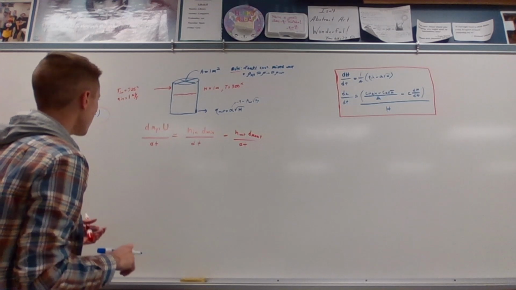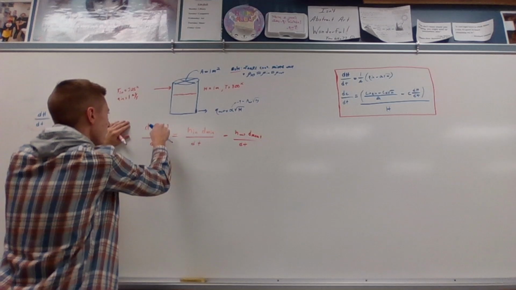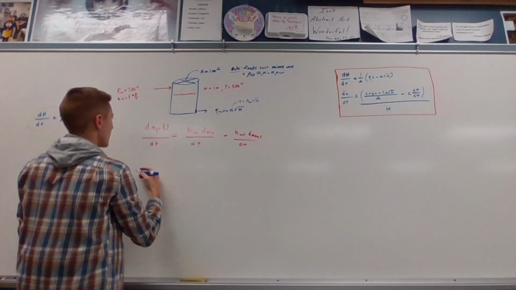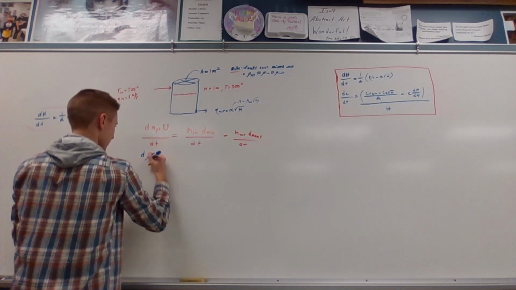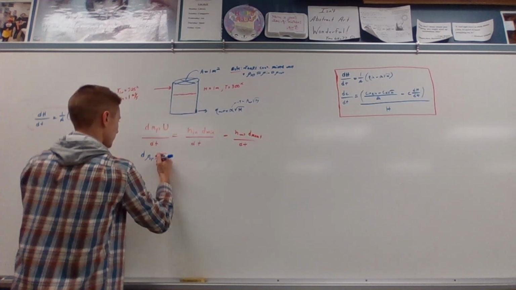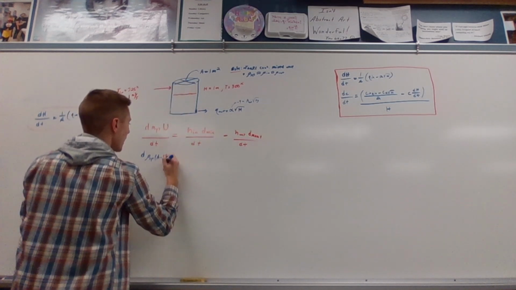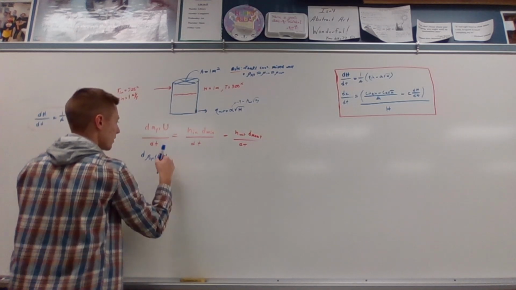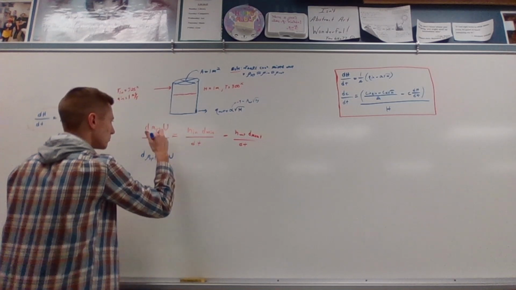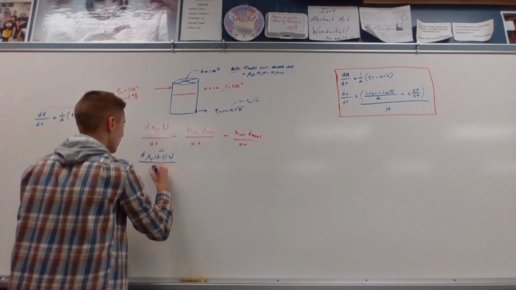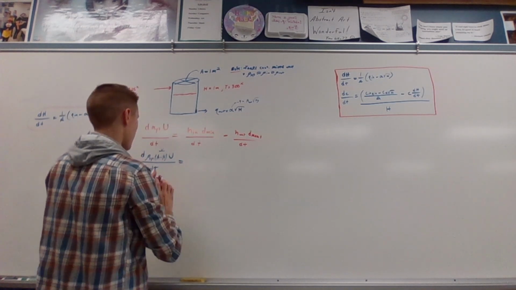We're going to go ahead and change this in terms of density and volume. So we can bring this down and say, okay, a small change in our density of the system times our cross-sectional area. So our cross-sectional area times our height, which is our volume term, times our, now we have an internal energy term, divided by small change in time, is equal to, now this